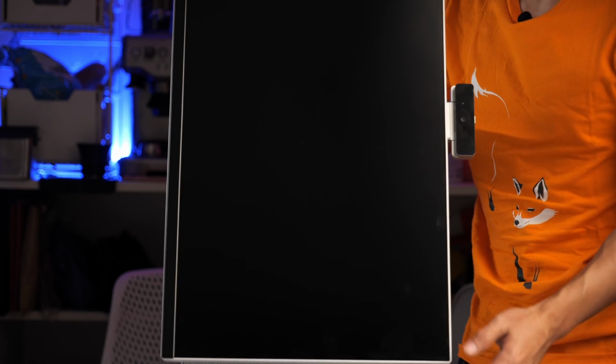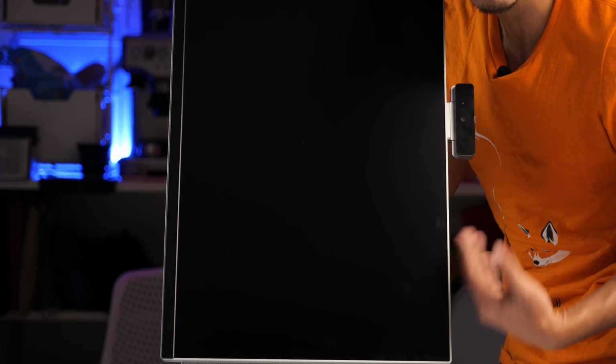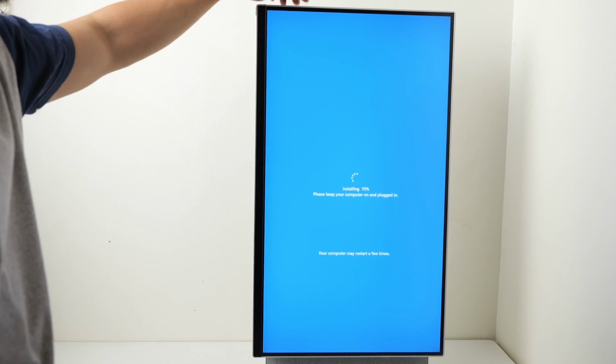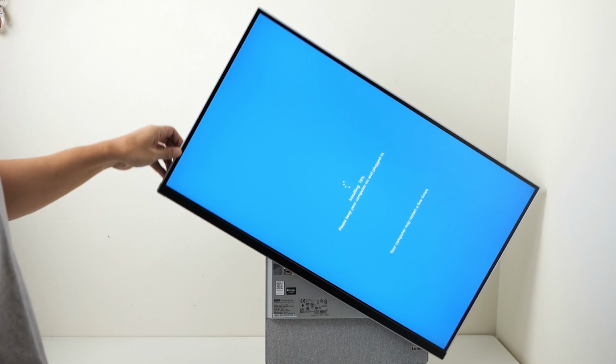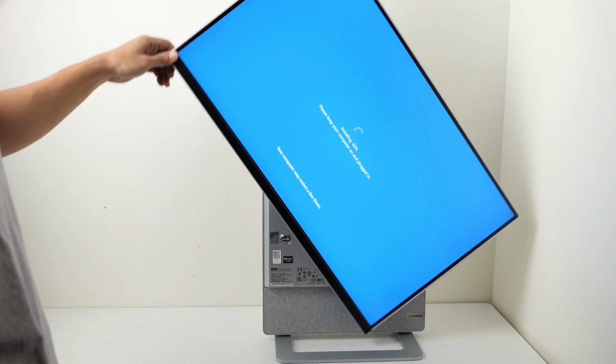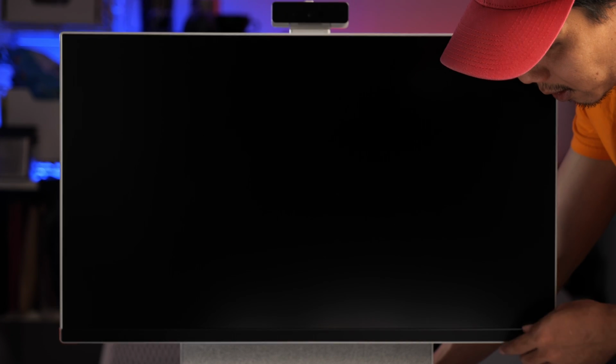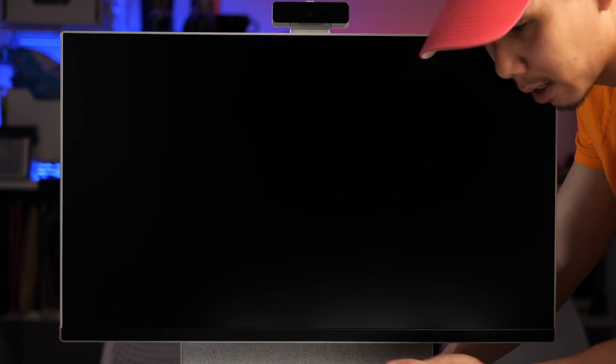You can actually rotate the display about 90 degrees and it turns into portrait mode. Keep in mind though that you won't be able to raise and lower the height of the monitor, so you just have to keep it in place and then turn it, give it a push, and then go back